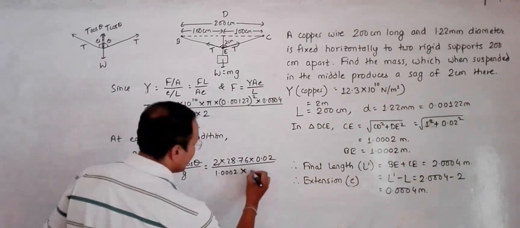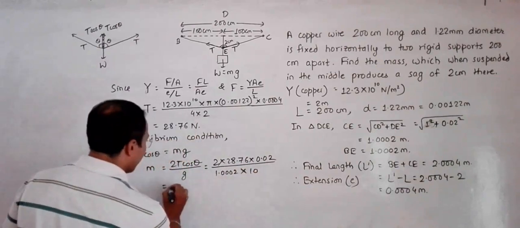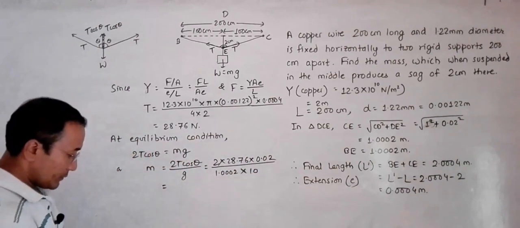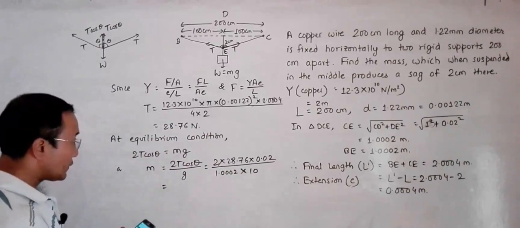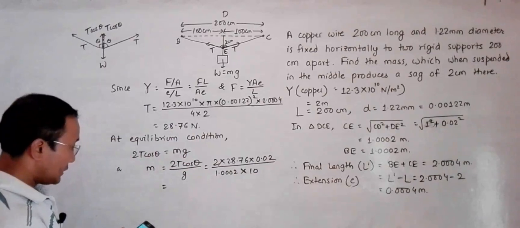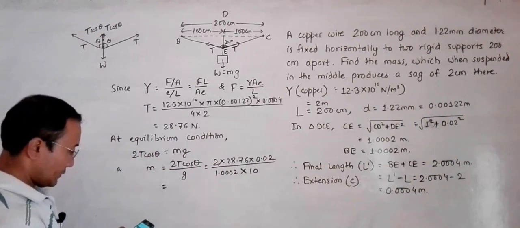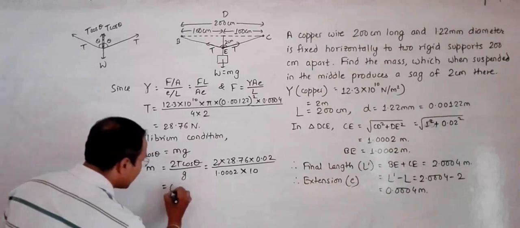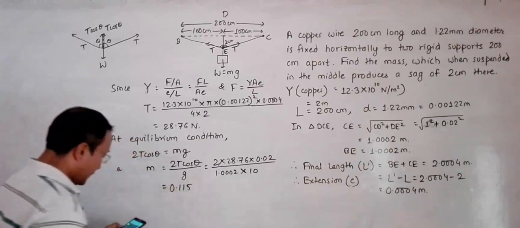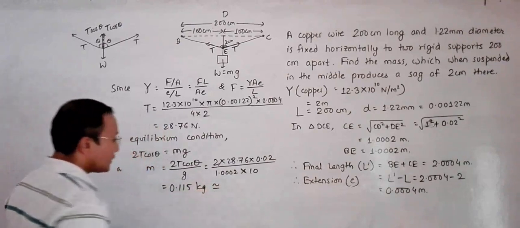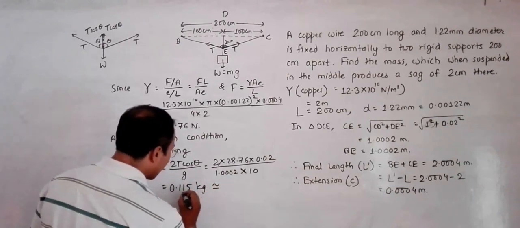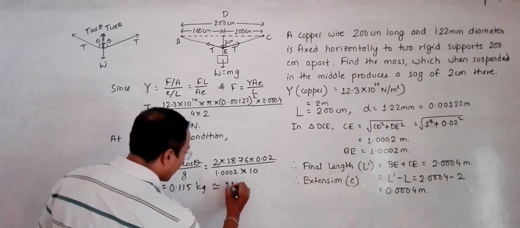Now we have this g, which is 10. So the value comes out to be 0.115 kg, which can be expressed as 115